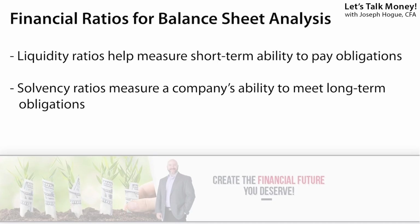Next, the financial ratios are really where the balance sheet becomes a critical part of your analysis. And you're looking at two types of ratios here. Liquidity ratios show you the company's ability to meet its financial obligations. Then solvency ratios here, those measure the ability to meet the long-term obligations. And then just like that common size analysis, you can use these to watch for trends at a company to see if it's trending to less liquidity over time,